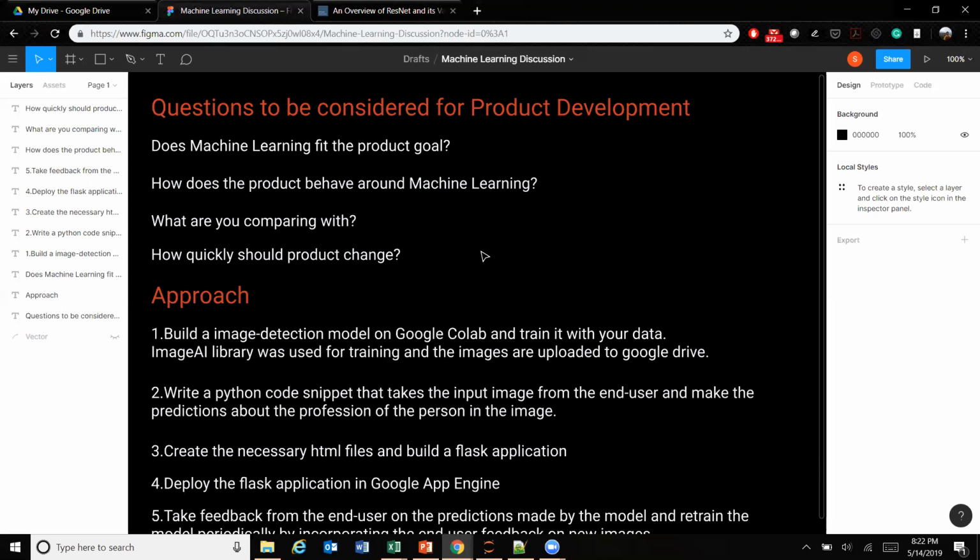Okay, now that we have answered these questions, let us look at the approach that we're going to follow to build these models. We are going to first build an image detection model on Google Colab and train it with my data. ImageAI is a library that is available from a kind soul who has shared it on GitHub. I'm going to use that library for training purposes, and the images are uploaded to Google Drive, all the images along with the folder names,